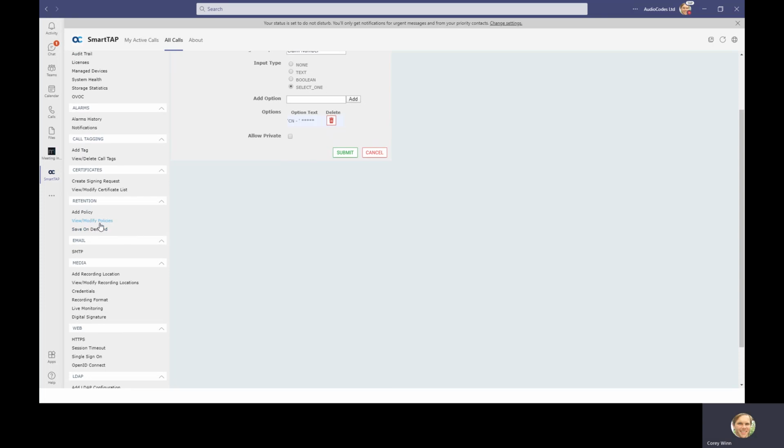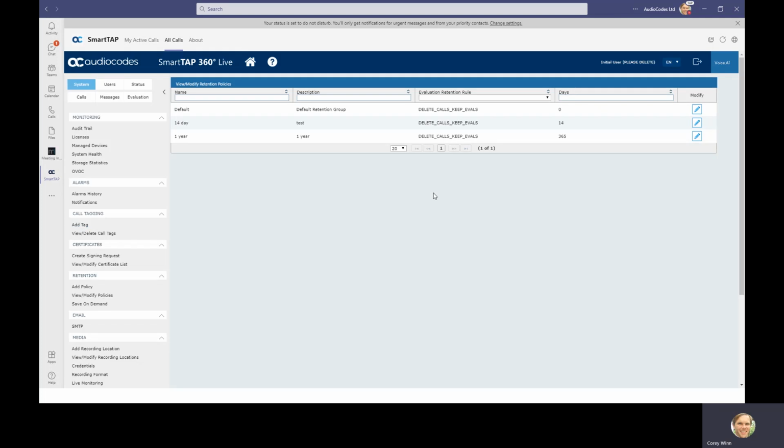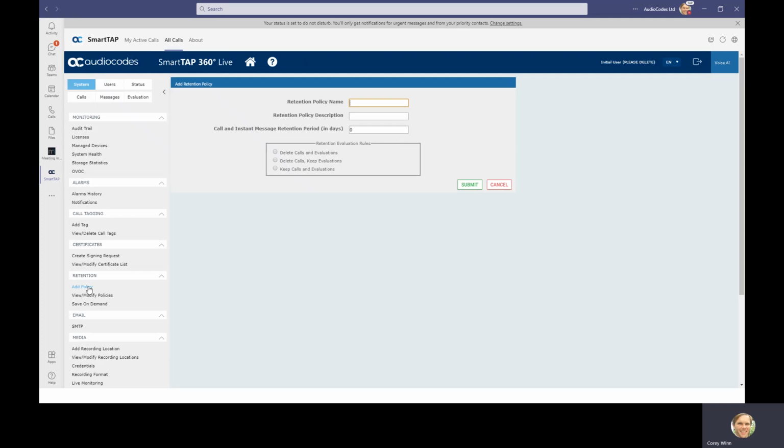On retention policies, this is where we can modify, view or add retention policies. Here are some examples of retention policies we currently have in the system. The name of the retention policy, description of it, and how many days it is there for. If we wanted to add another policy, we could simply click the Add Policy button, give it a policy name, test policy,